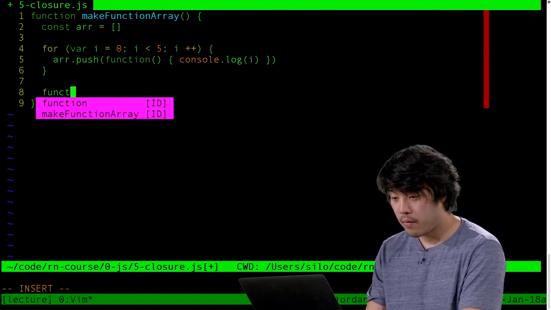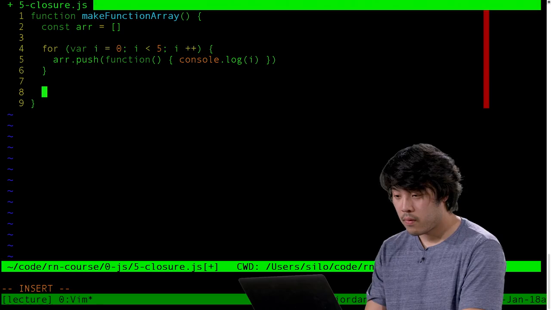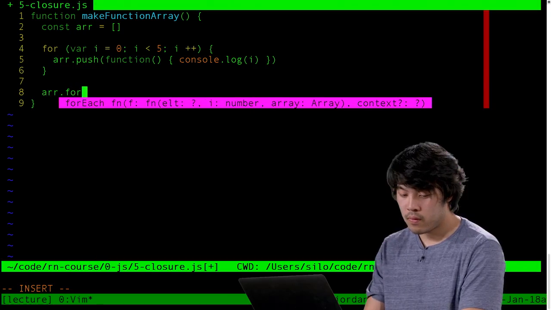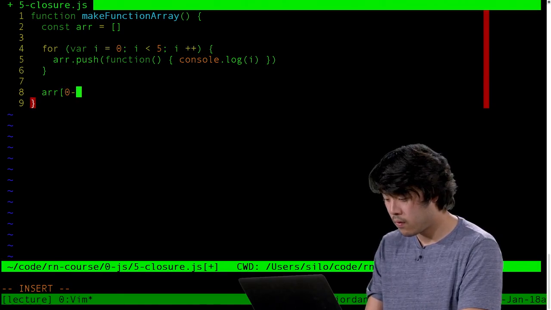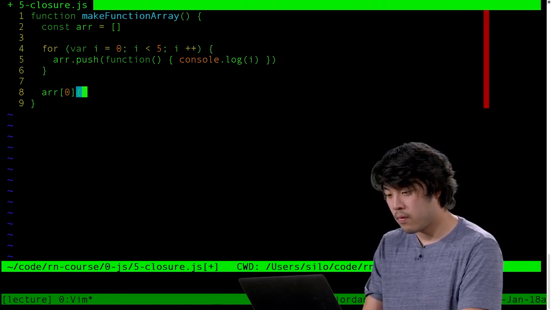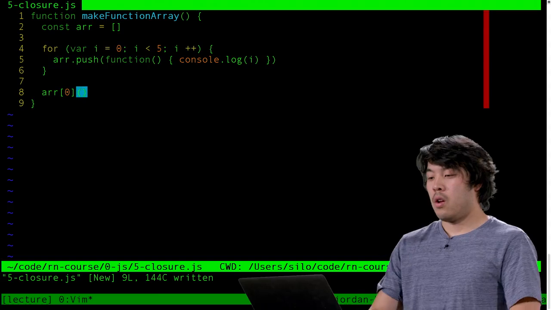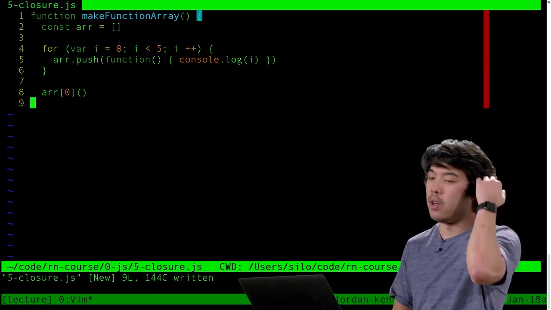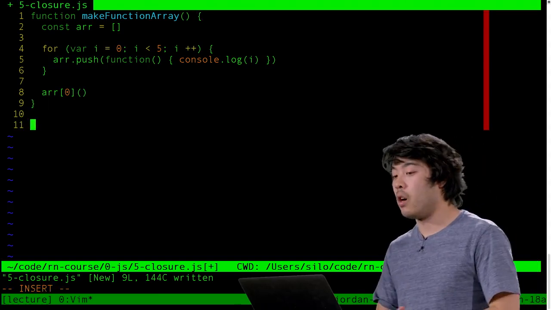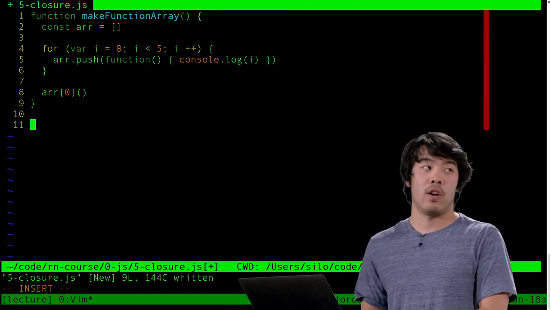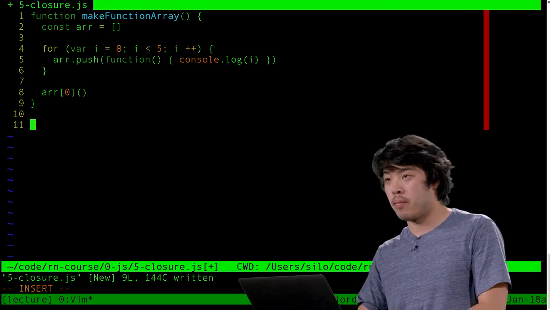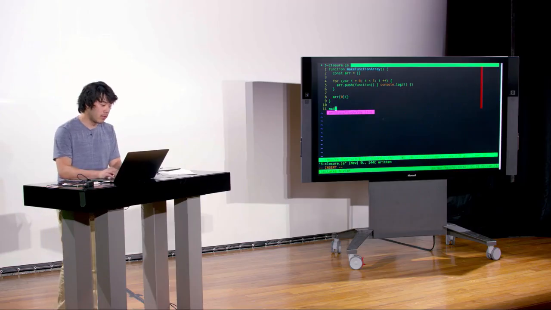And then, all right, so what the heck did I do here? So I declared a function called make a function array, and all it does is it creates an array, fills it with functions, and then invokes one of them. And so if I were to call this,